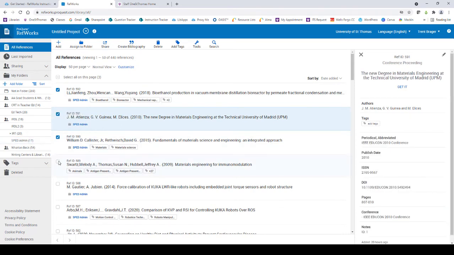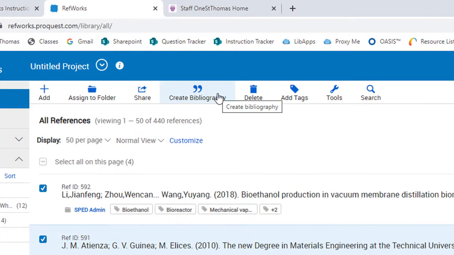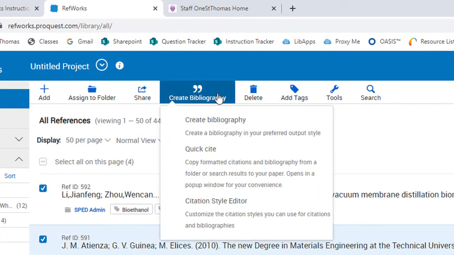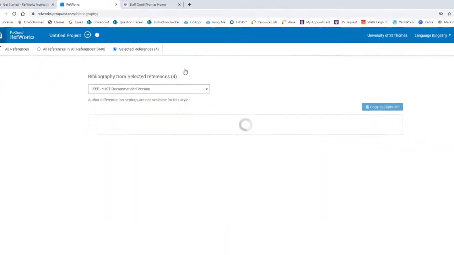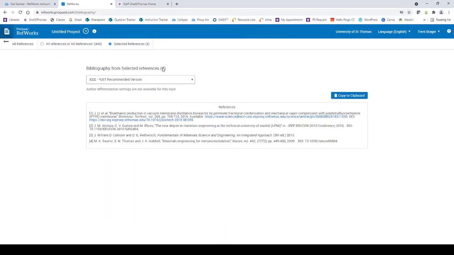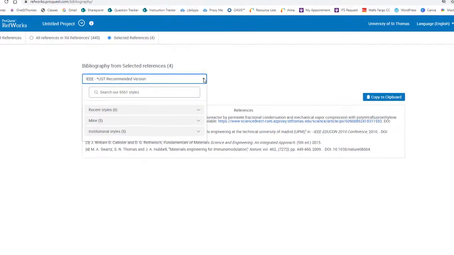Simply check the boxes next to each reference you want to cite, then select the Create Bibliography icon in the top row. In the sub-menu that appears, again select Create Bibliography. A reference list will be created for you in the citation style that you choose.